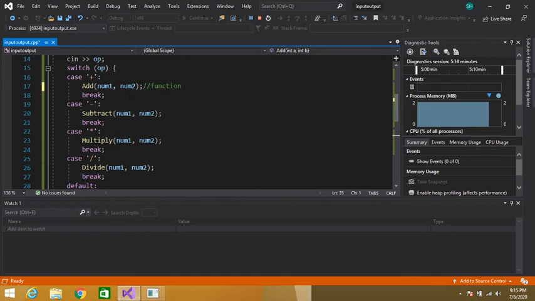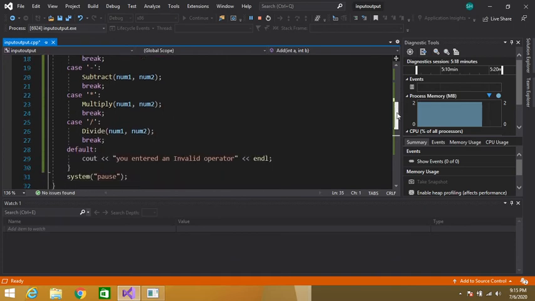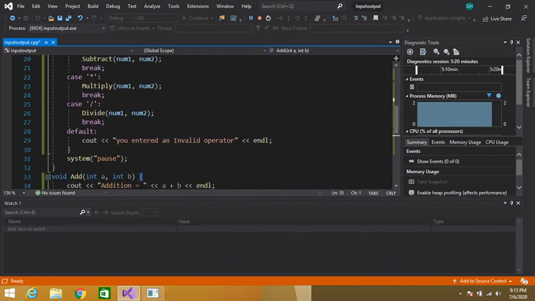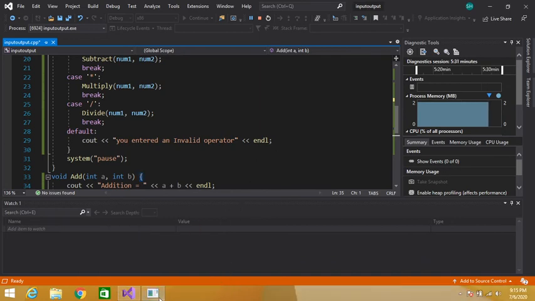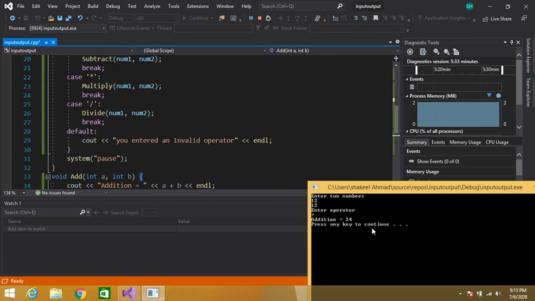So our control will directly jump down, after the switch statement, and here our program terminates. Press any key to continue.